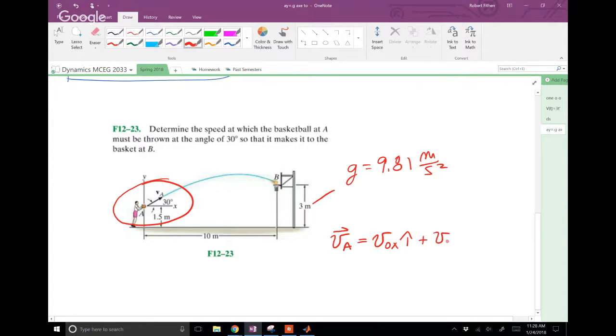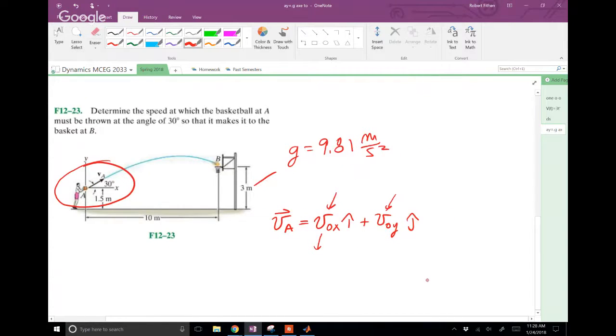X plus J. So the initial velocity in the X, which is that direction, and the initial velocity in the Y, which is that direction. Now, luckily, he gives me this 30 degrees, so I can pull this out. And if you want to, I can draw it a little bigger. A VA, say, here. So this should be VA cosine 30. Should be VA sine 30. The initial velocity out of this thing at A is just